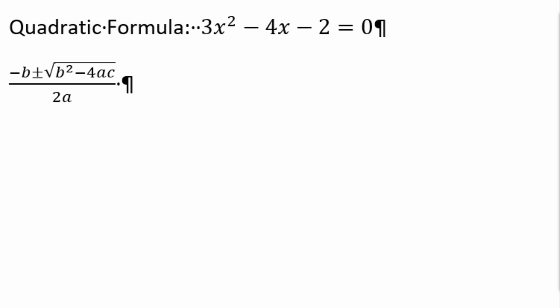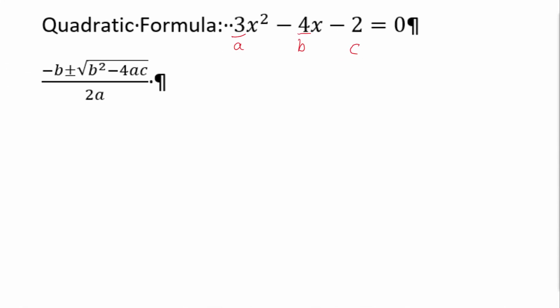The first thing we need to do is recognize that when we talk about A, B, and C, we're saying that A is our leading coefficient, B is our coefficient in front of our linear term, the term with no exponent, and C is our constant term. And one thing I neglected to do on this is I should have said x equals, because that's how we find our solution. So looking at this, we can say x equals,